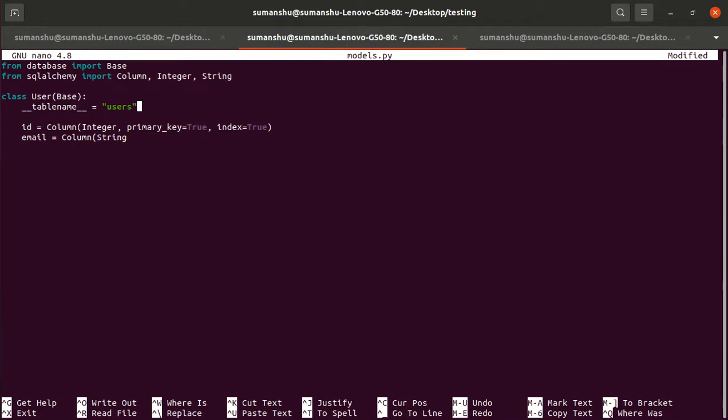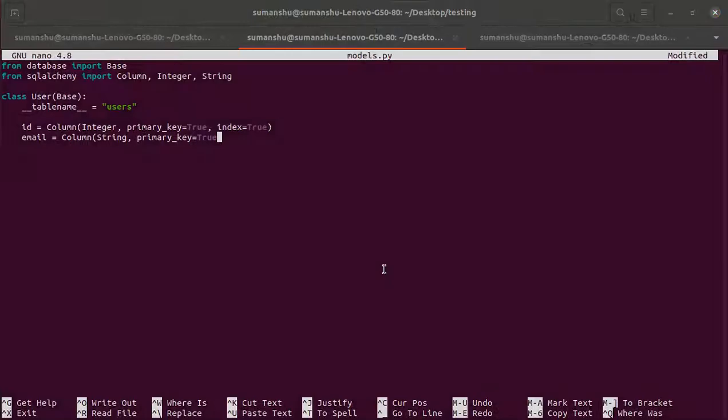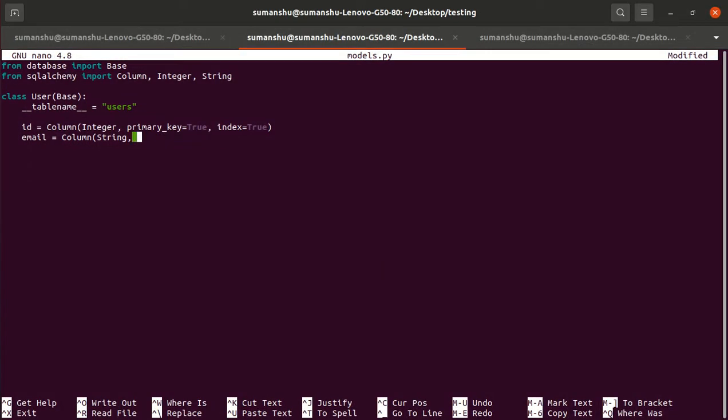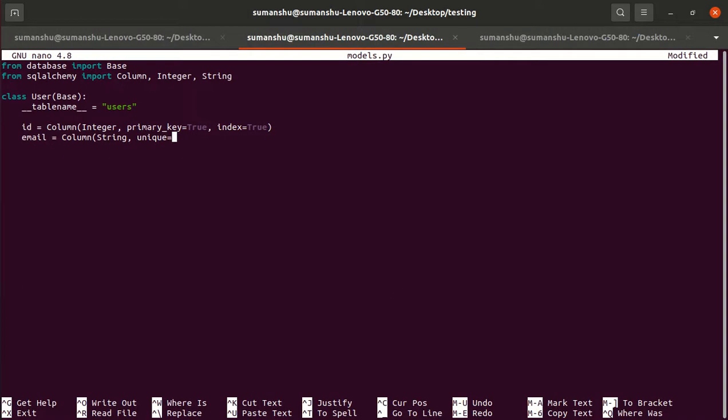Let's not make this a primary key, as there should be only one primary key, but let it be unique: unique equal to True, and let's make it an index as well. Index equal to True.